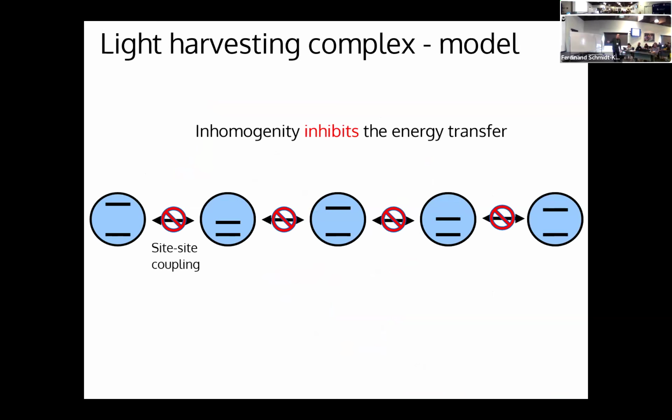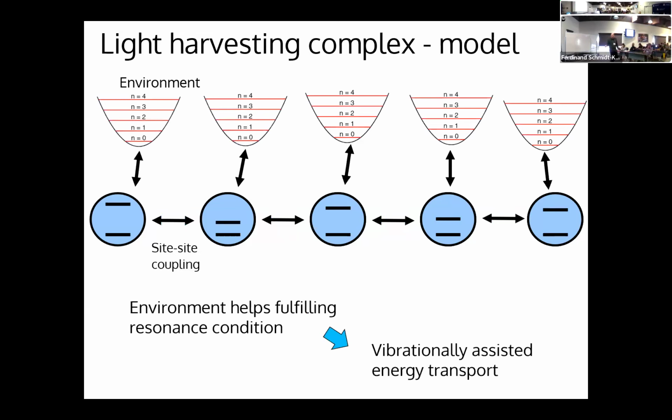There's a blocking because this energy cannot go to this, because the spacing is different and so on. So there is a lot of inhibition because the spin systems do not have exactly the same energy. But maybe you can still have an energy transport if you couple these spins now to a phonon bath. So now you have a spin boson system, which is coupled, but this energy mismatch is kind of cured by